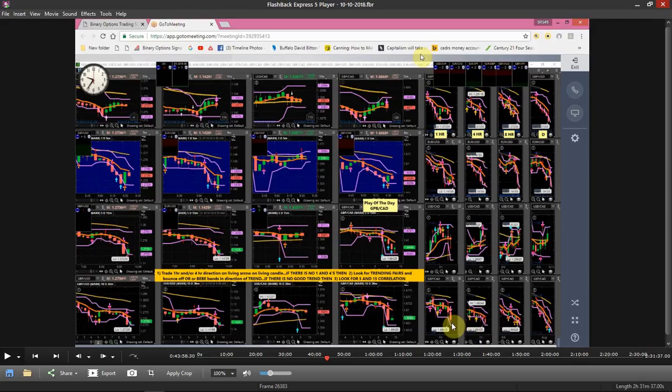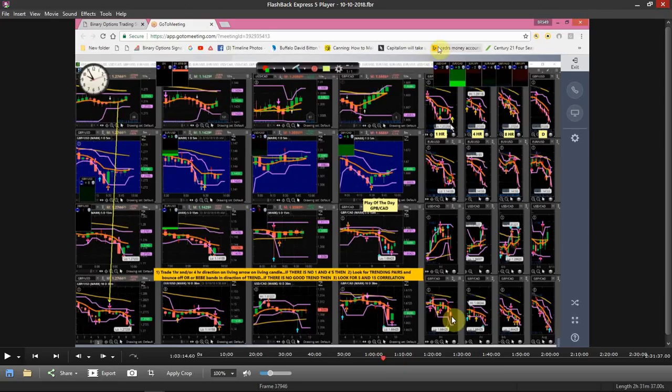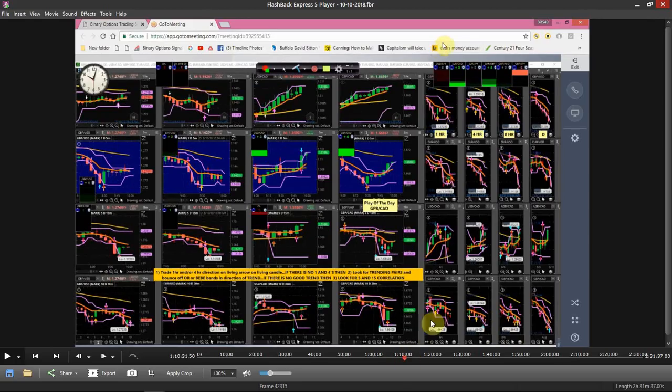Hit the 4 hour, it came close to that, and when it hits something right there, okay, it's going to do something. Okay, they always do every day. Okay, watch what happens. Okay, it's pulling back. You got a wick. That 1 hour disappeared, so it's telling me something, that it's going to retrace back up because it's busted all the roads. Okay, then you get a 1 hour up. Okay, that 1 hour is delicious. It's going above the orange road. So if it gets a 4 hour up, it's going to go above it and stay there.